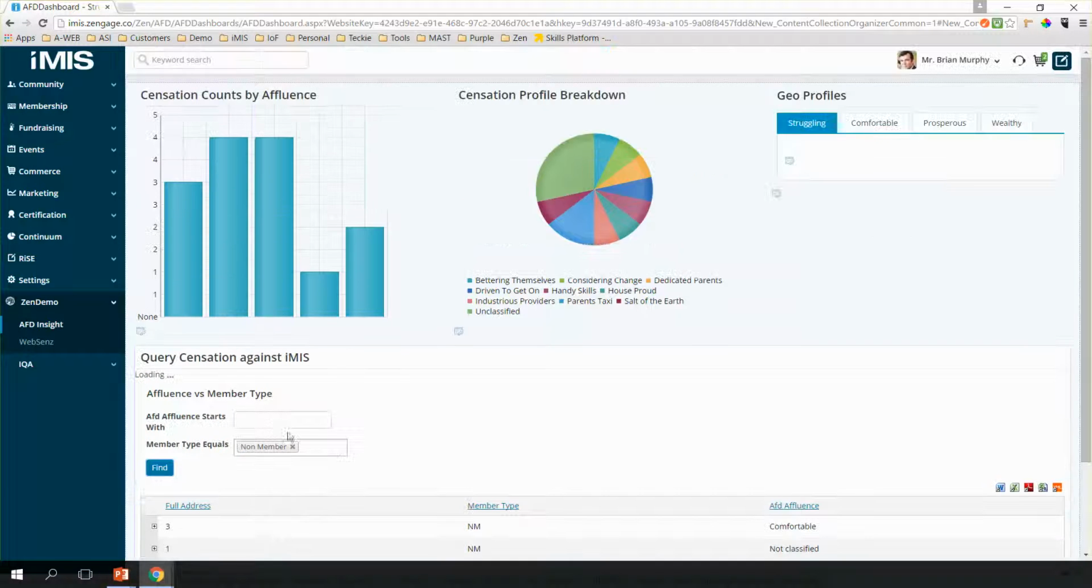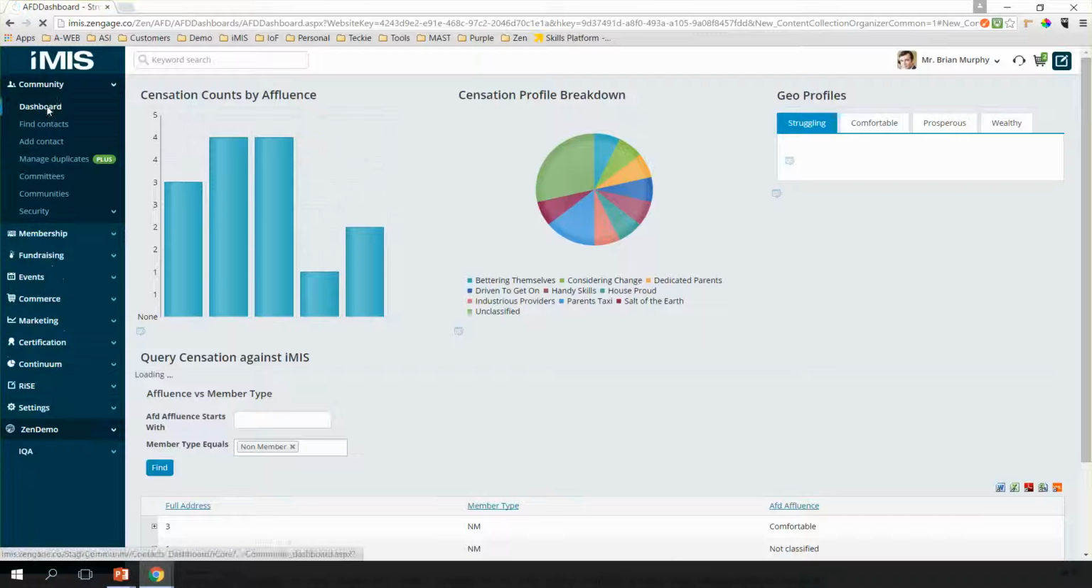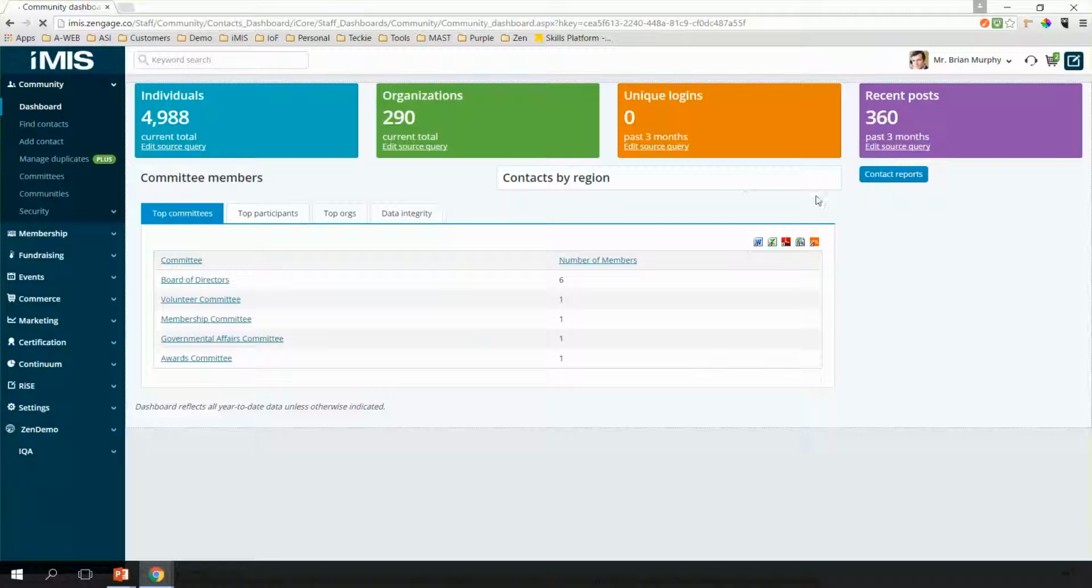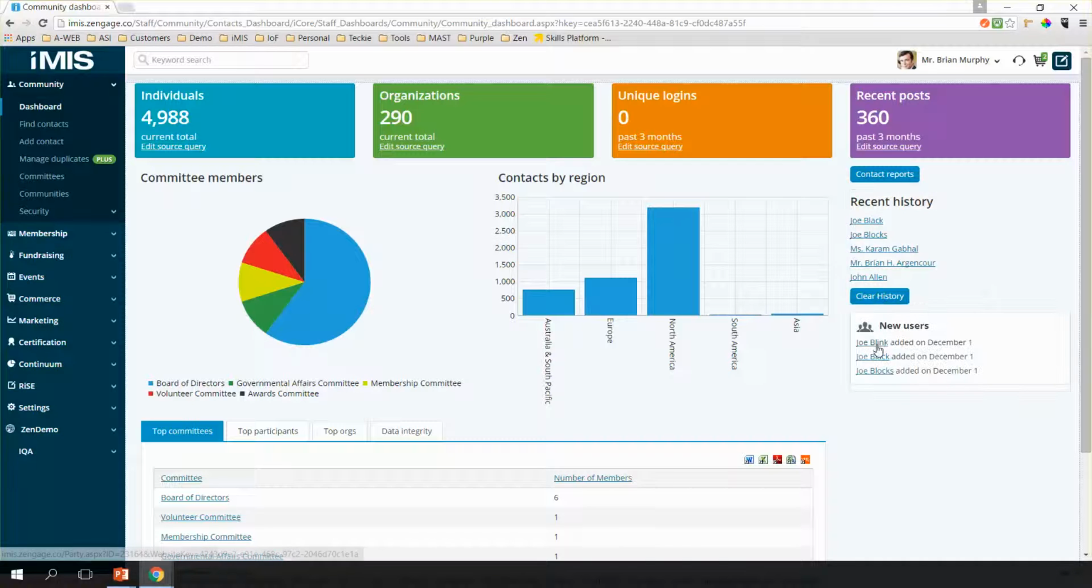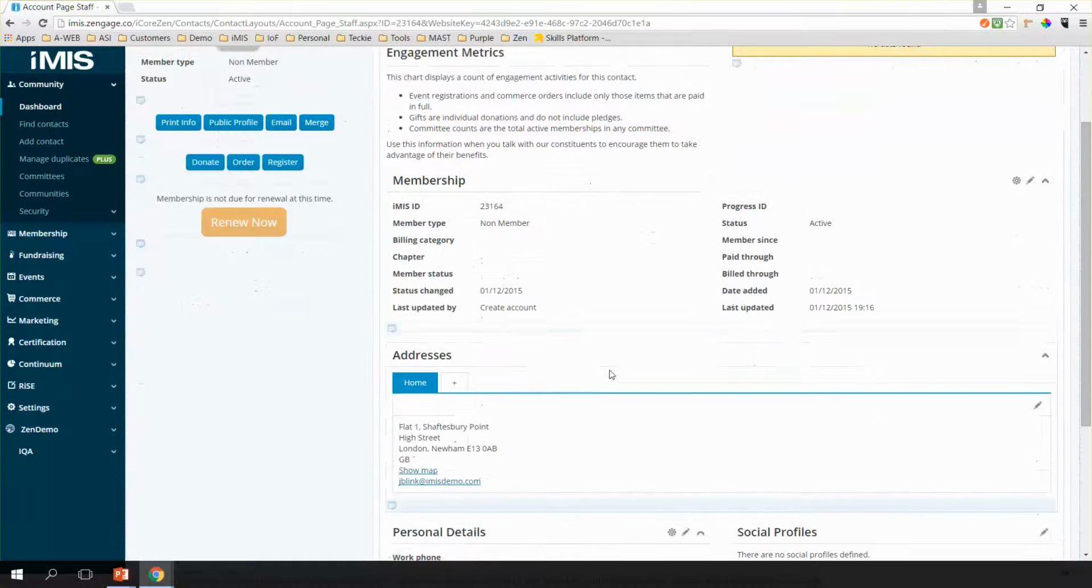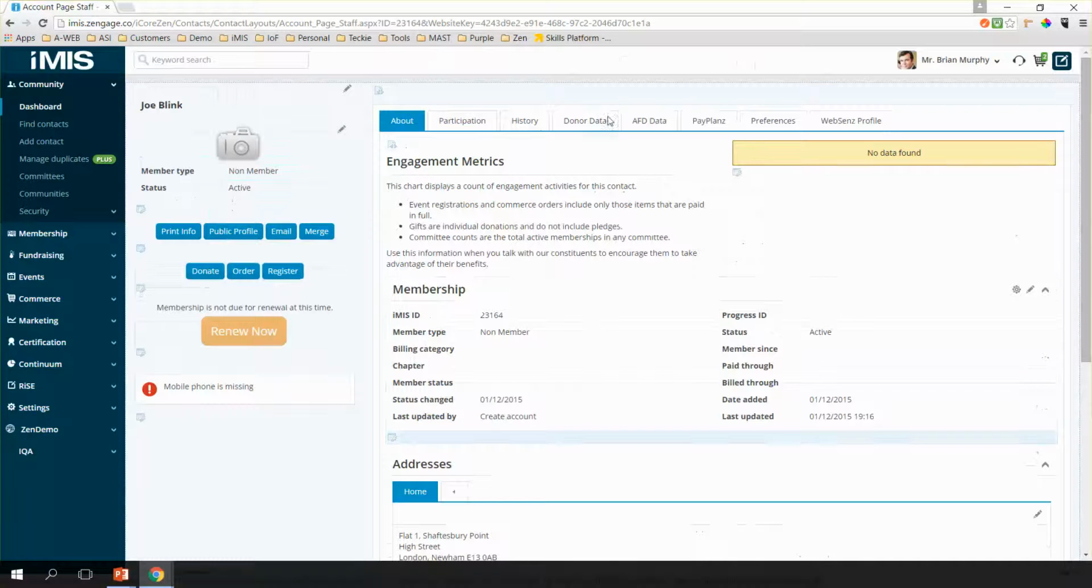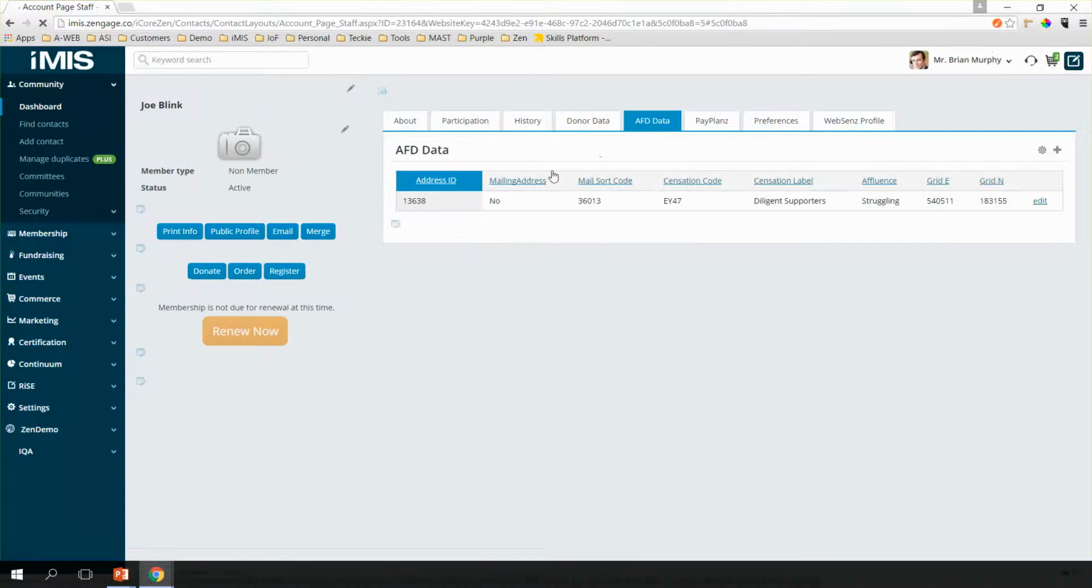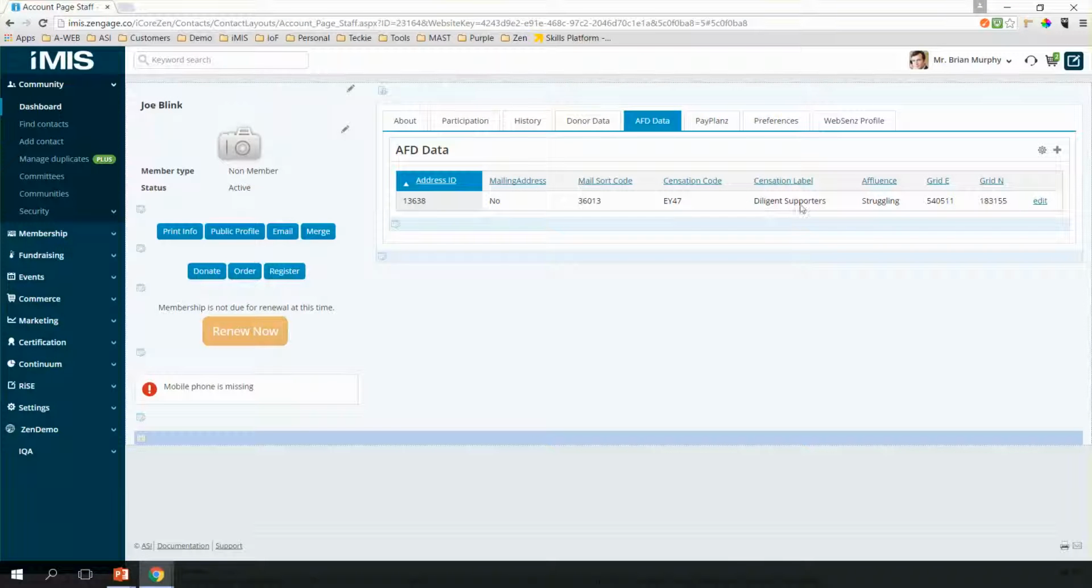Where does this data come from? Let's go to our home dashboard, and I'll just go to the record we just created, which was a Joe Blink, and we'll see for Joe Blink that his address information is there in iMIS, but his AFD data tab is populated for the address we added as a diligent supporter, and he is, however, struggling in affluence. If I go and change his address now,